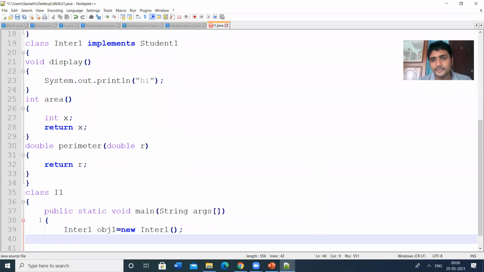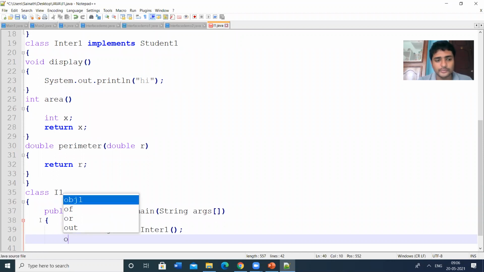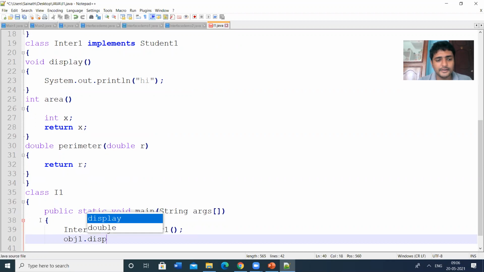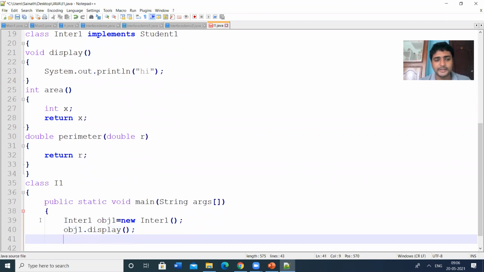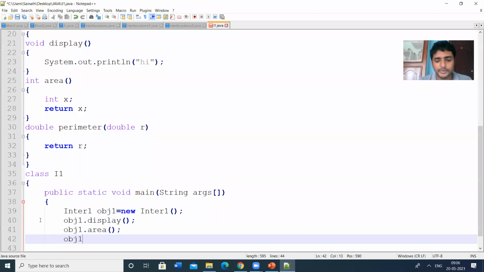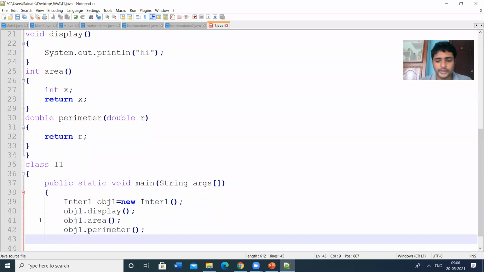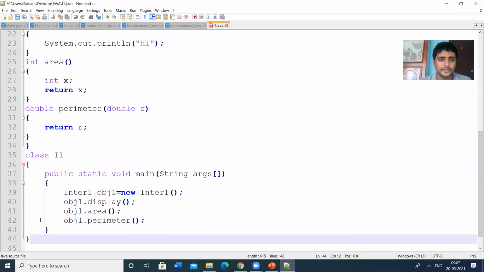So this is the creation of the object. Through this object we can access the methods. obj1.display, obj1.area, and likewise all the methods or variables we have. Perimeter. We can close the method and we can close the class.